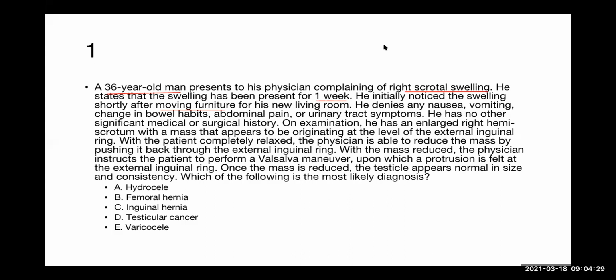He has no other significant medical or surgical history. We always ask history like that. On examination, he has an enlarged right hemiscrotum with a mass that appears to be originating at the level of the external inguinal ring. Now, the mass is coming out from the external inguinal ring, that is called the superficial inguinal ring. Now, remember, in case of inguinal hernia, there are two types: